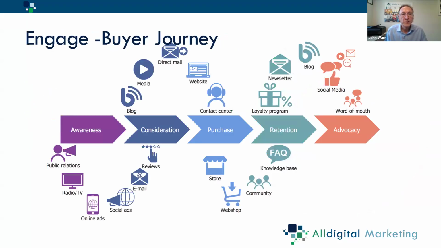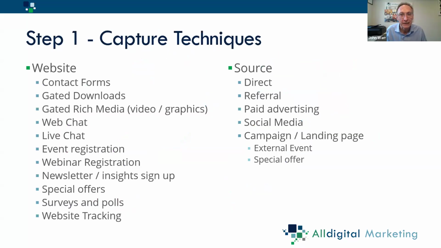So again, we said there could be loads of different ways that people touch your business. Not just a first touch, but each and every touch. And every one of those touches is a clue. What you need to do is capture all of them. There is no reason why, because everything here is digital to a degree, you shouldn't be able to capture it. Even if it's offline, your ads can have things like QR codes, so you should still be able to technically capture that information through the QR code. So you need to capture the lot. So the first challenge is to work out how you capture, using capture techniques.